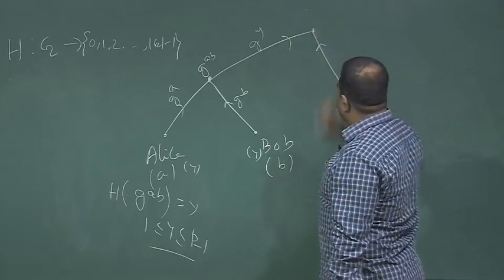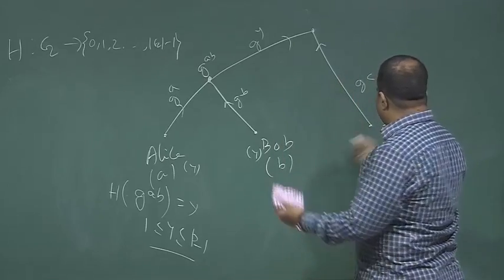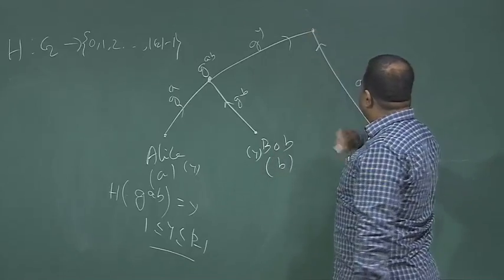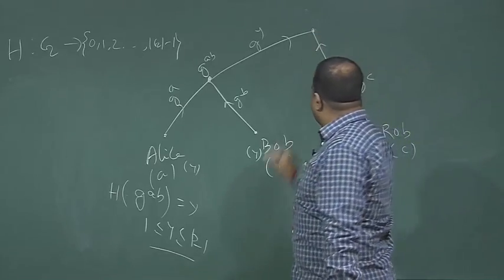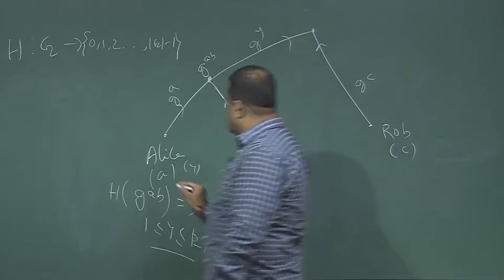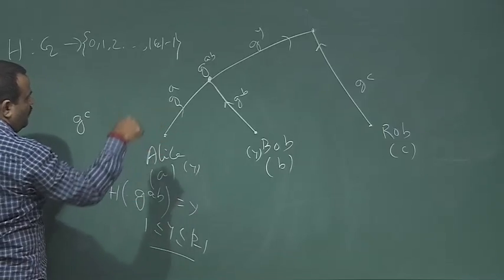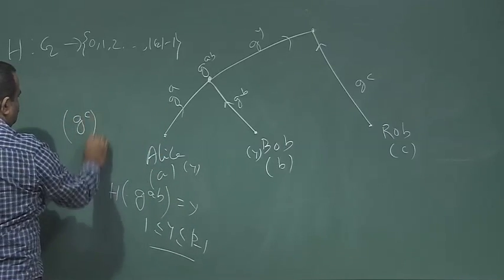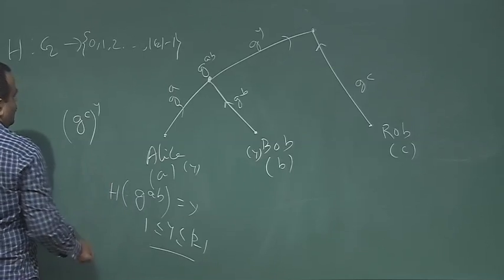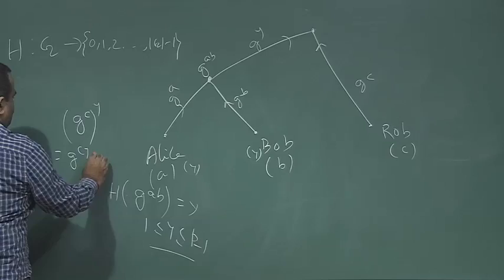Okay. So, now G to the power C is received by Alice and Bob. So, Alice can compute G to the power C. G to the power C is coming from Rob over the public channel. So, Alice can compute G to the power C to the power Y, which Bob also can compute, and so this is basically G to the power CY mod P,